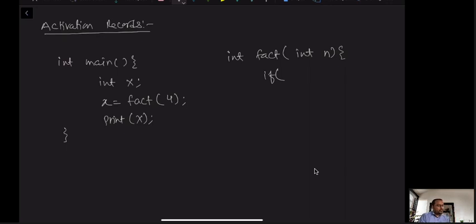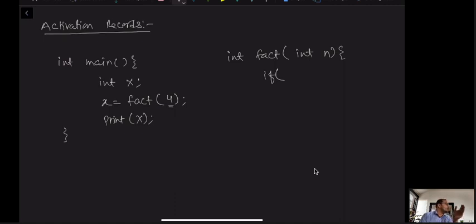Here the value given is 4, so for me it is much easier to go with the top-down approach, from the higher value to the lower value. In the base case we have to write where we have to stop. We are starting from 1 always, we are not including 0 or -1.